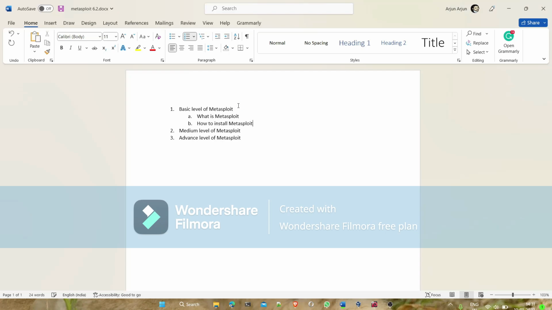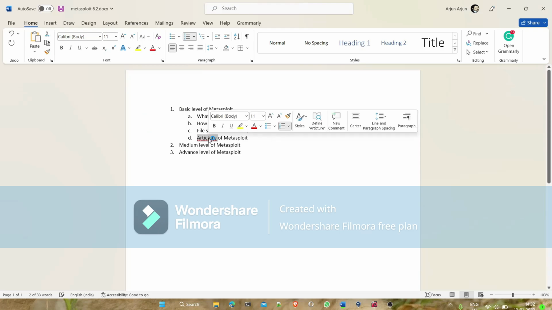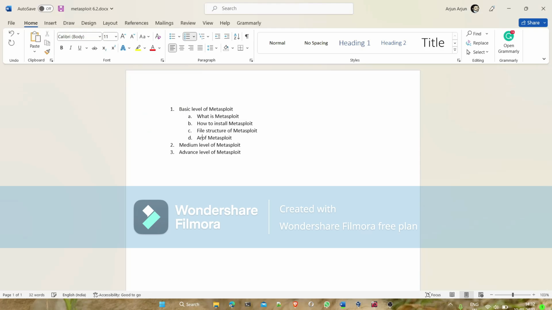How to install Metasploit? Architecture of Metasploit. And in the middle level, we'll